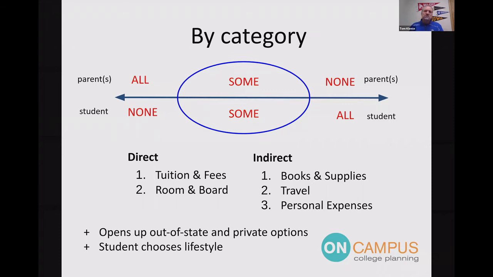This is what we do. We do it by category. And so by category is like, we're going to pay for this, you pay for that type of thing. And what we have done, and this is actually what my parents did with myself and my two older brothers, is they said, we're going to take care of the academic costs. You take care of the living expenses, right?